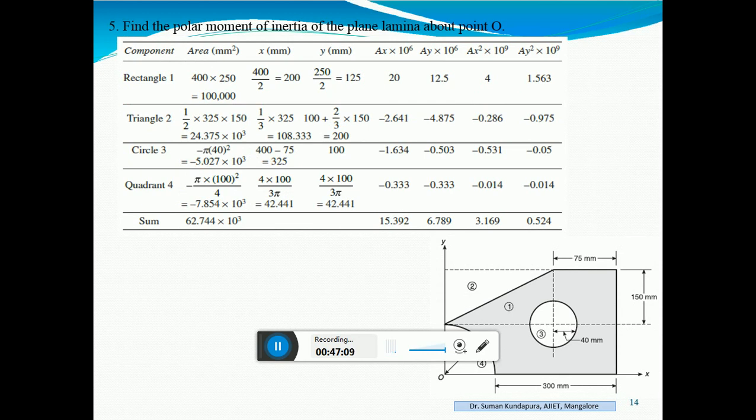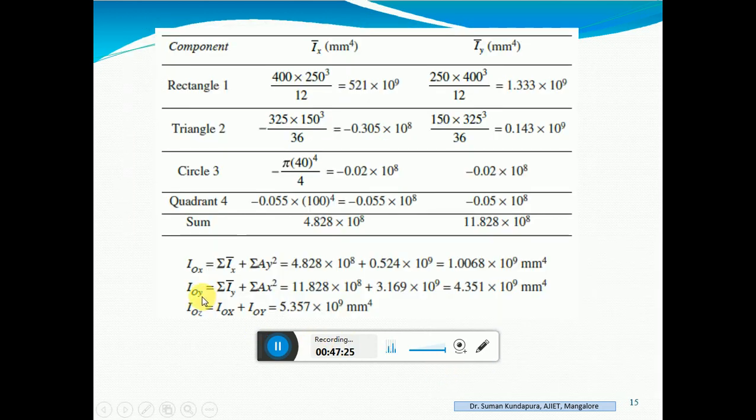Next, another problem: find the polar moment of inertia of the plane lamina about point O. They have specified about point O. You are supposed to find out the polar moment of inertia. So our formula is IOZ bar is equal to IOX bar plus